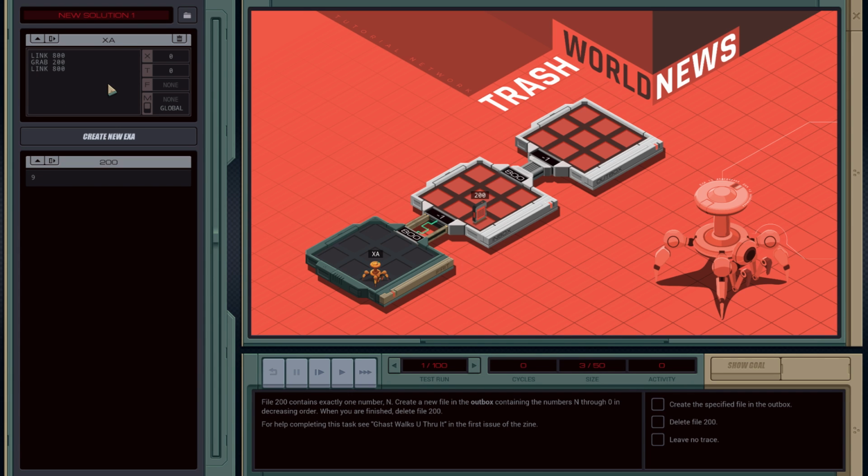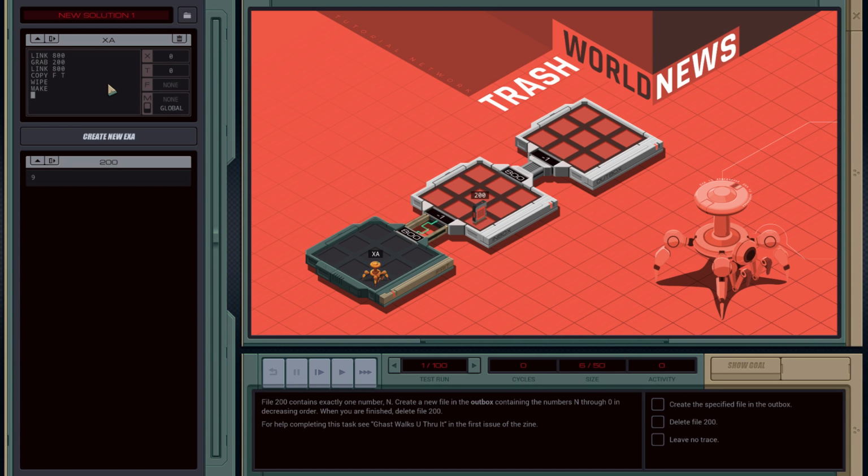We just grab the file, we're in the outbox, and we just need to copy F into T so we can work with it. Wipe the file where we read it from, and make a new one. Wait. Do I need to make a new one? Am I allowed to just overwrite the existing contents? Probably not, right? Yeah, because the file gets a different number. Okay, so we're making a new file,